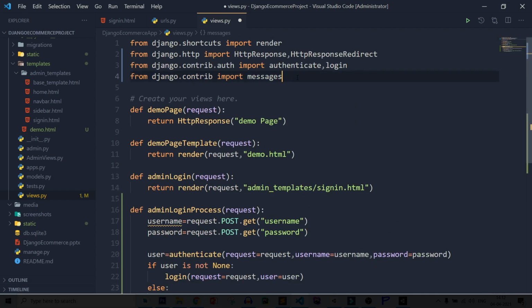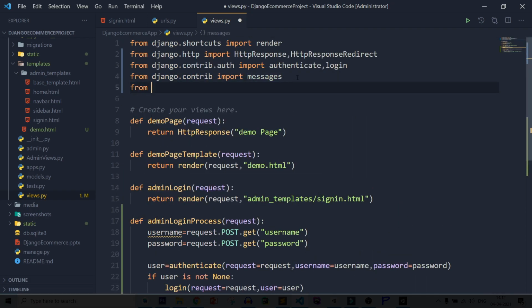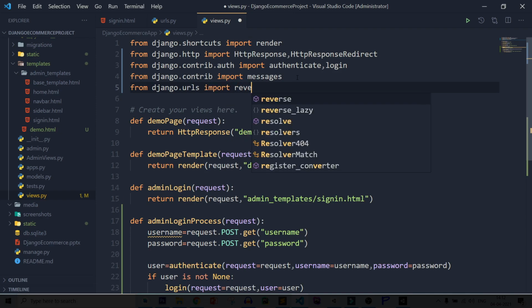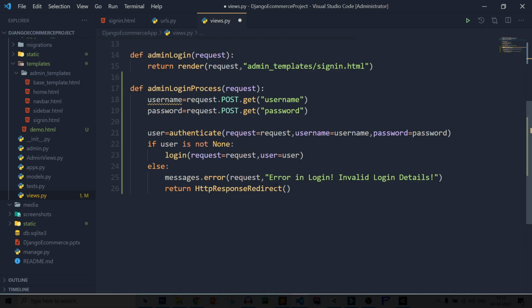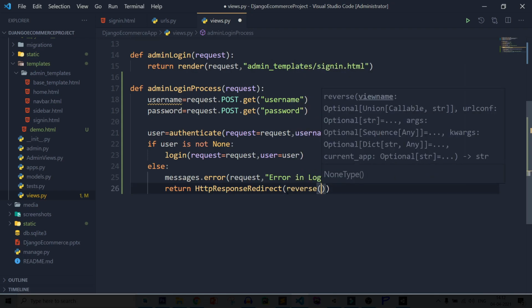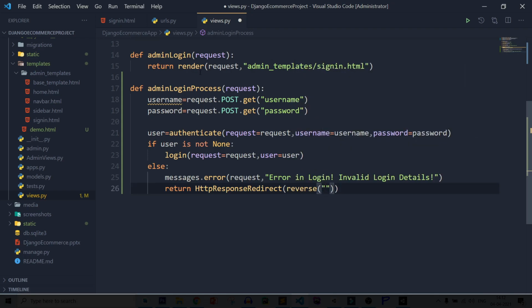So let's import first reverse, because reverse is used for accessing the URL by its name. So from django.urls import reverse, after that reverse and pass your URL by name.